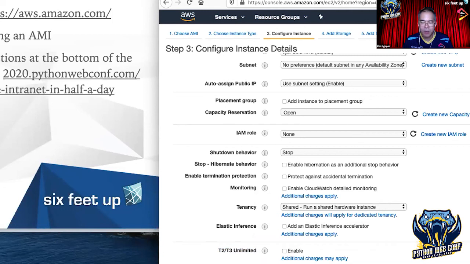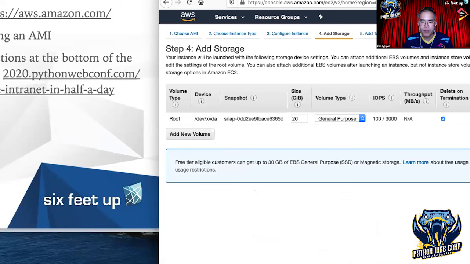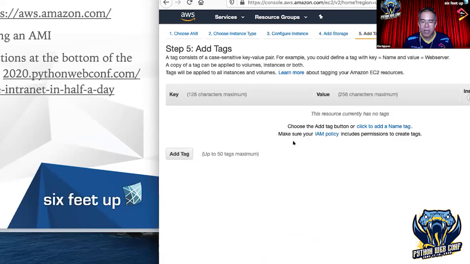So I'm going to click next for add storage. And here again, there isn't anything to change. It's going to be a 20 gigabyte volume. And I'm going to click next to add tags. Tags are really ways for you to add information, metadata, so you can find your instances later. Some really large applications deploy so many servers that humans lose track, and so the tags are used to allow searching by other programs to manage different kinds of stacks of servers. In this case, we don't need to add a tag, so I'll just leave that and go next